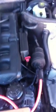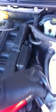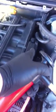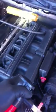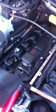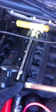Now if you've got a hole there in any of these intakes, these boots, it'll come out immediately out of this area. If there's no hole, it's going to push that smoke all the way up through the manifold and over to this end over here with the valve cover, and fill that all up. Now with this, you're not going to have enough pressure, PSI, to actually see the smoke exit at that point. But what you do is, once you've got this thing jam packed, you take the